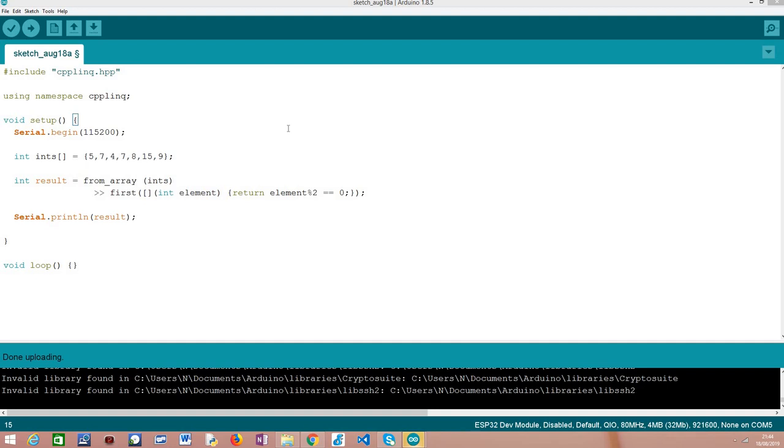Hello, in this tutorial we are going to learn how to get the first element of an array that fills a given criteria. This criteria will be specified by us. We are going to do this using an operator from the cpplinq library, which we already started covering in a previous tutorial, a very simple one, and now we are going to start to check some more advanced use cases. So this code will work both on the ESP32 and on the ESP8266 because cpplinq is